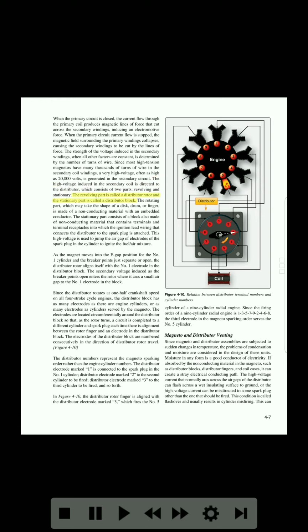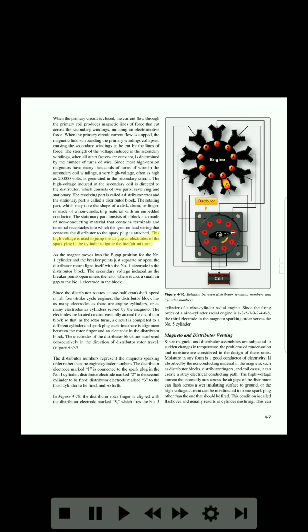The rotating part, which may take the shape of a disc, drum, or finger, is made of a non-conducting material with an embedded conductor. The stationary part consists of a block also made of non-conducting material that contains terminals and terminal receptacles into which the ignition lead wiring that connects the distributor to the spark plug is attached. This high voltage is used to jump the air gap of electrodes of the spark plug in the cylinder to